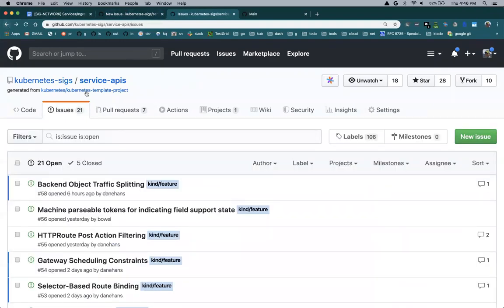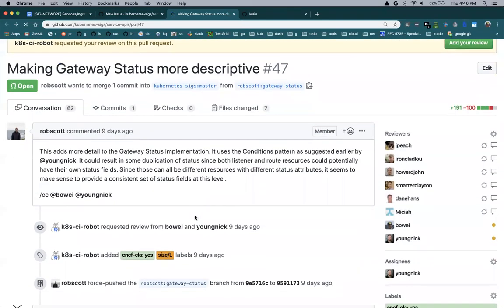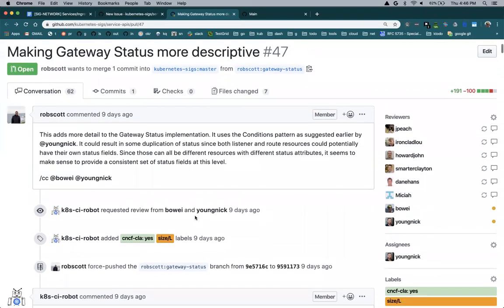Okay. With listener, I took a different approach in the proposal, and that's because listener is not a reference to another object. The listener object is more of a sub-resource. It exists within Gateway. And so if you want to have status on that listener, it needs to be within the same resource.